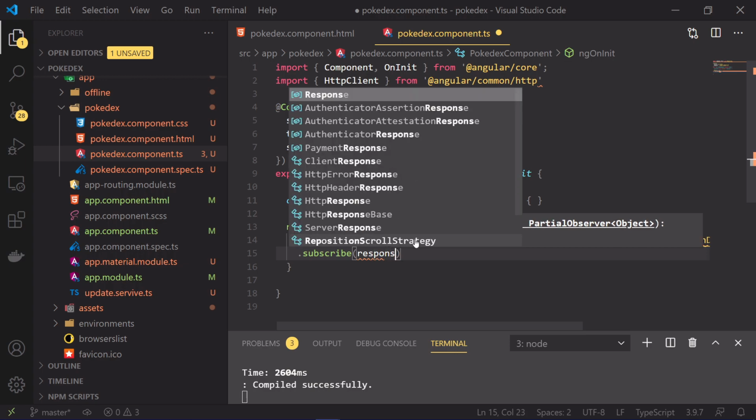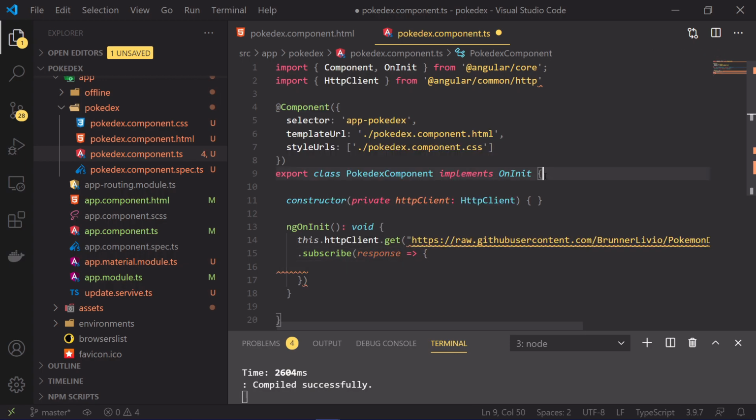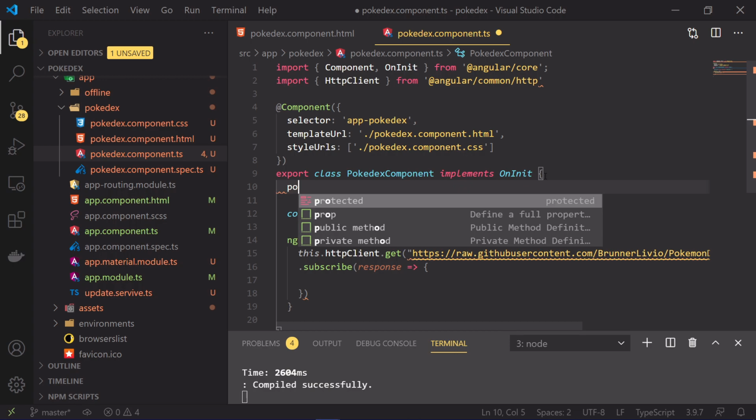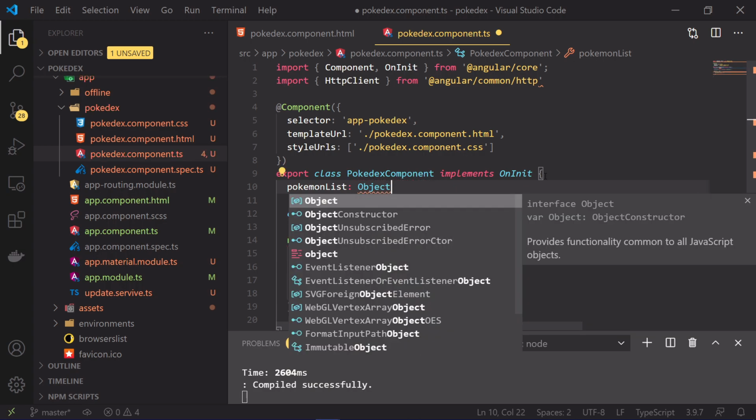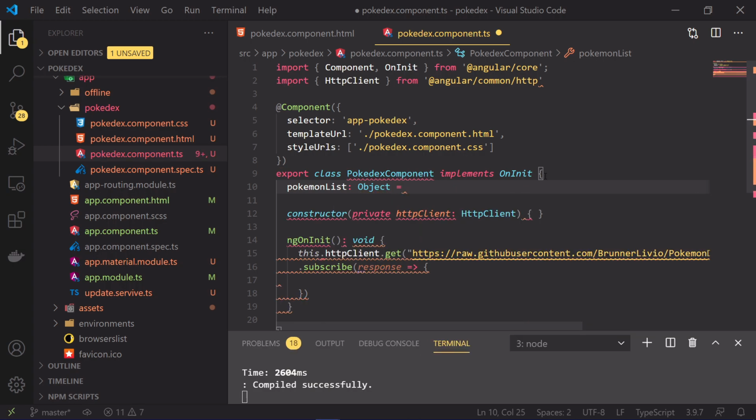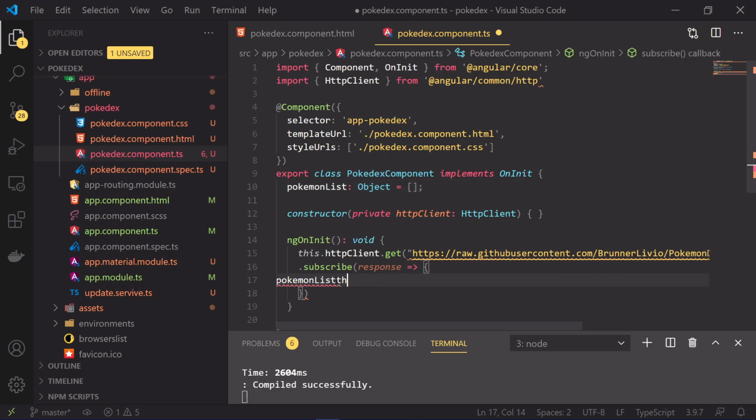And once I get any response, I will create a variable with the name pokemonList, which will be of type object, and it's initialized with an array. Okay, so this will be my JSON. So whenever I get any data from the API, I will just set that response here.